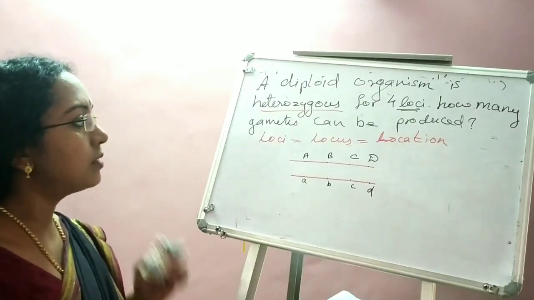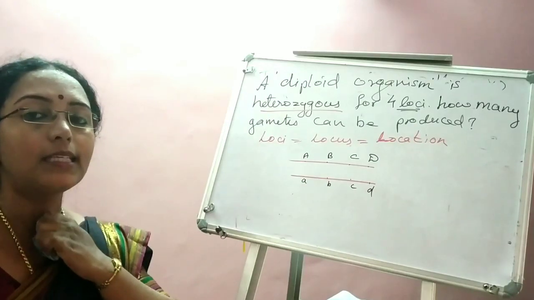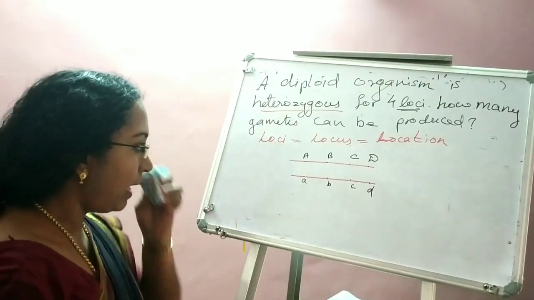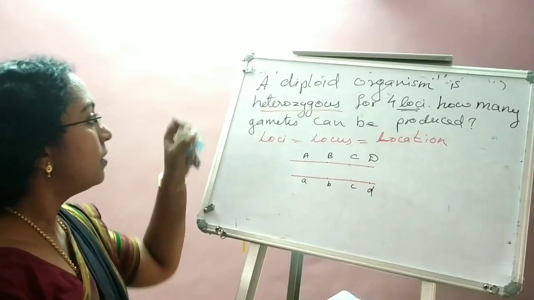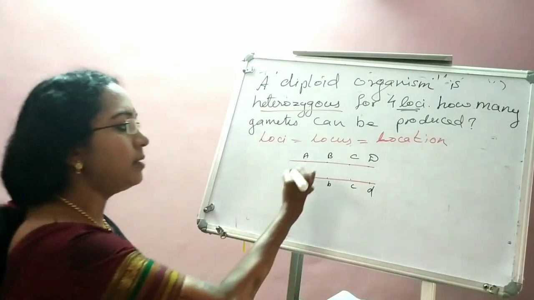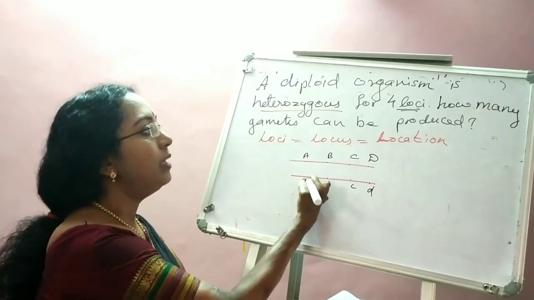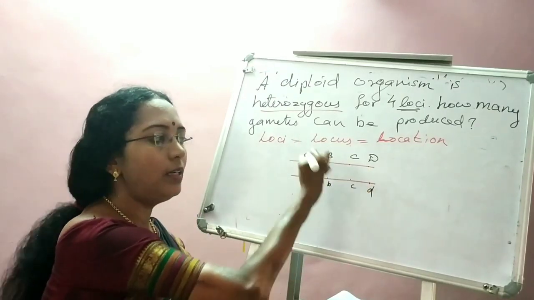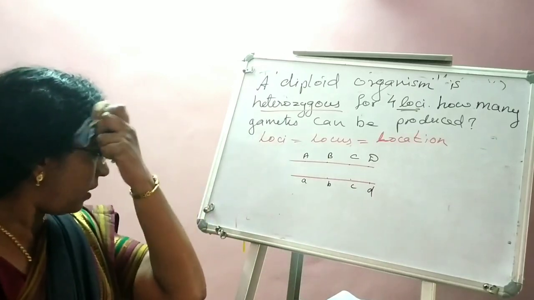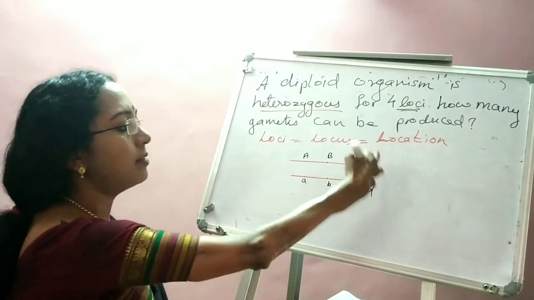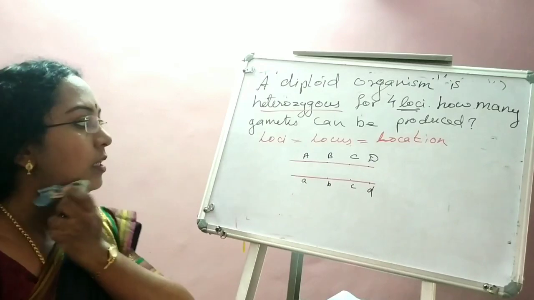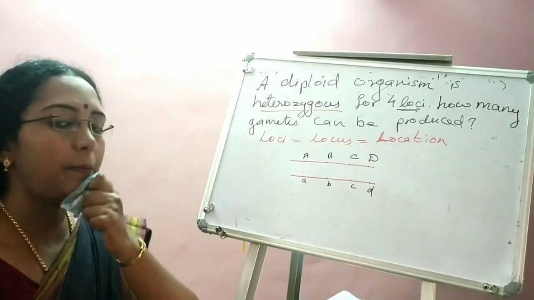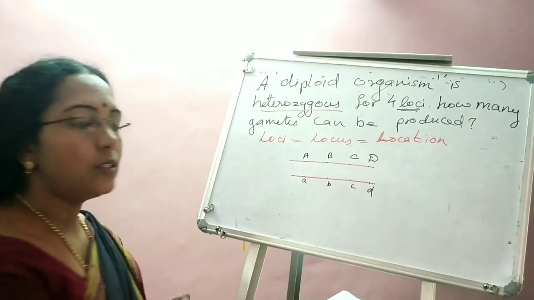Now the question is, how many gametes can be produced? So what I have represented here is the statement. Diploid organism, so I have taken 2 chromosomes. It is heterozygous for 4 loci, so I have taken 4 positions and represented 2 different alleles, dominant and recessive. The question is, how many gametes can be produced? So for that,